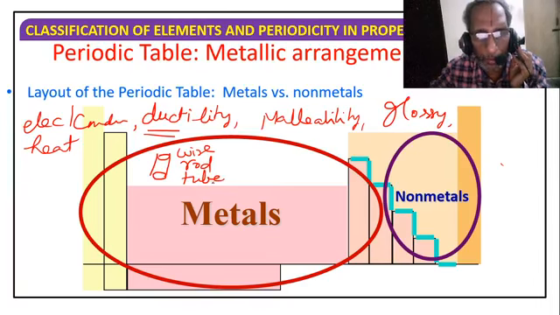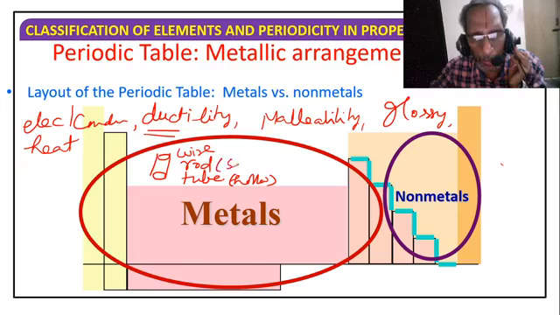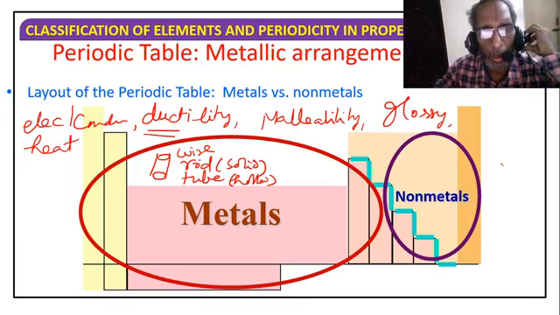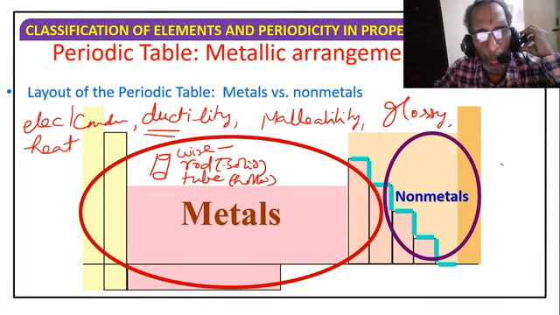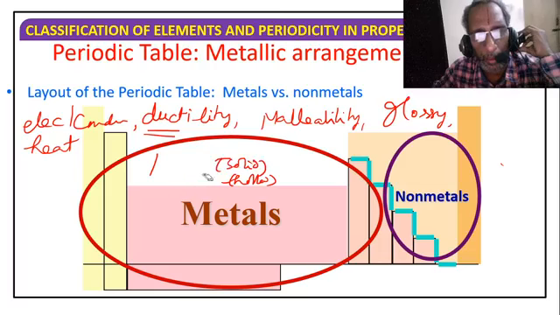Wire has small thickness. Rod has large thickness, solid. Tube has large diameter, hollow. So hollow, large diameter species are called tubes. Solid means everywhere it is filled with matter, so no empty space. So rod, wire, tube, these are different forms of ducts. The capacity to be formed in the form of duct is called ductility.